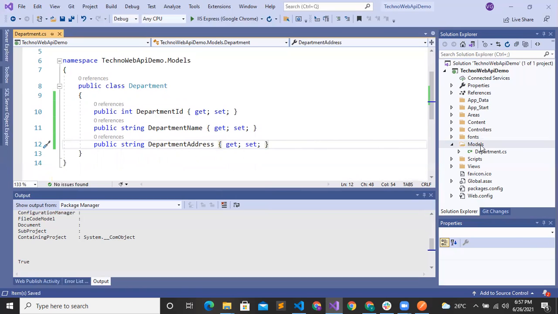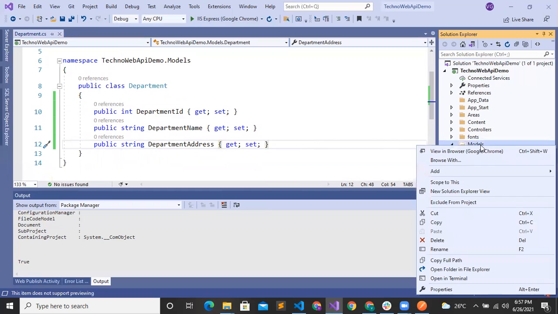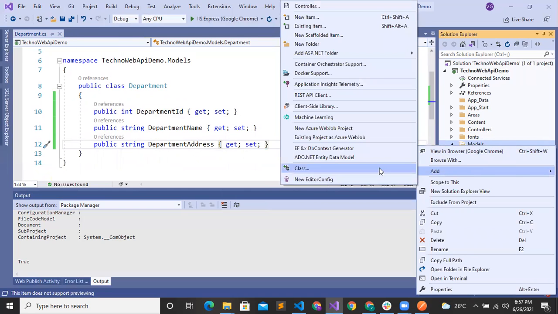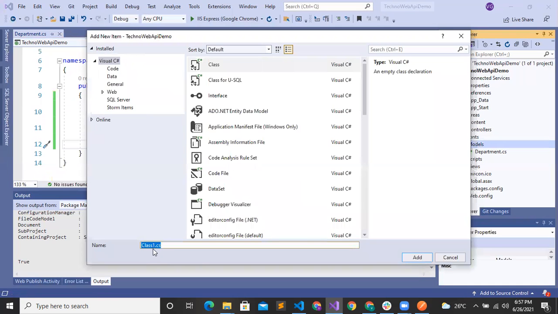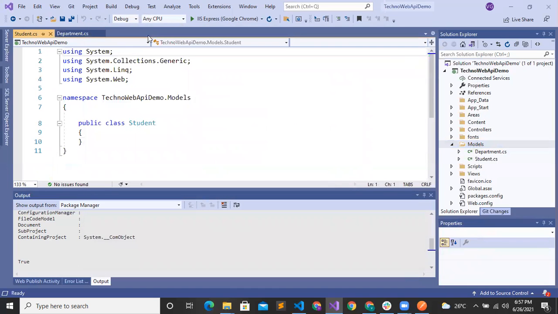Now we will create the student model. Just create a new class Student. Now create the fields for student: ID, student name, student address, and department.